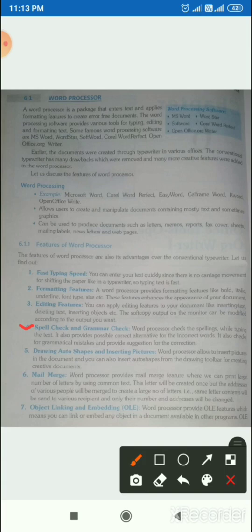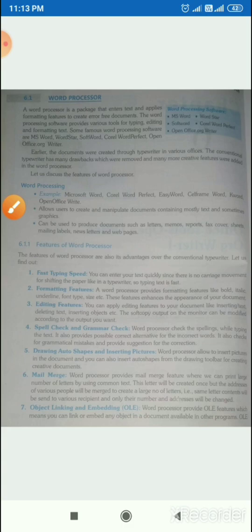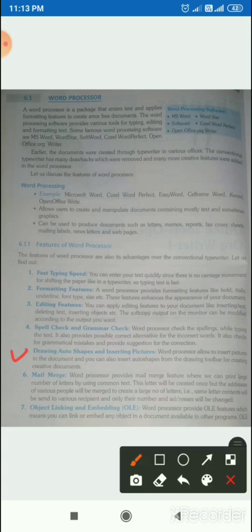In that word processor we can check the spellings or we can check the grammars also. Next one is drawing auto shape and inserting pictures. Word processor allows us to insert picture into the document, and we can also insert auto shape from the drawing toolbar for creating creative document.